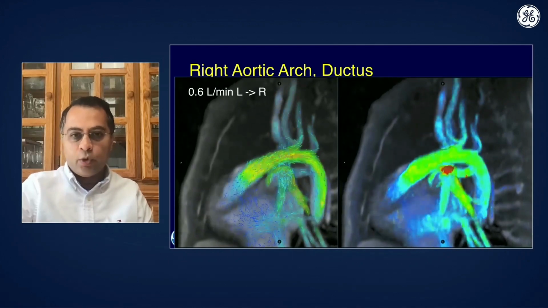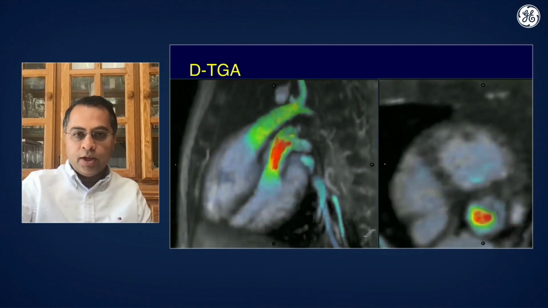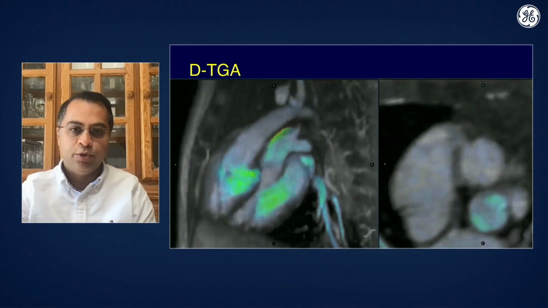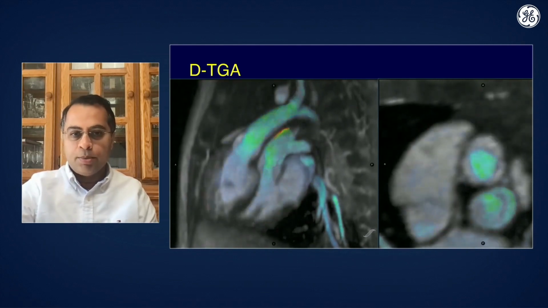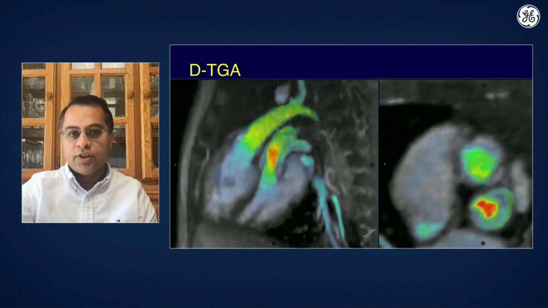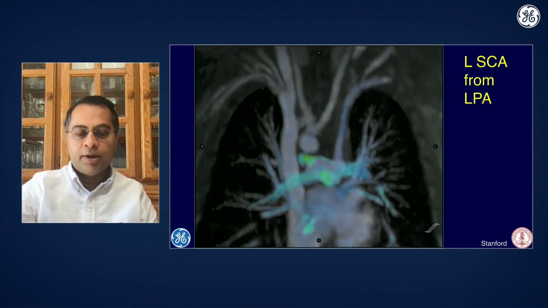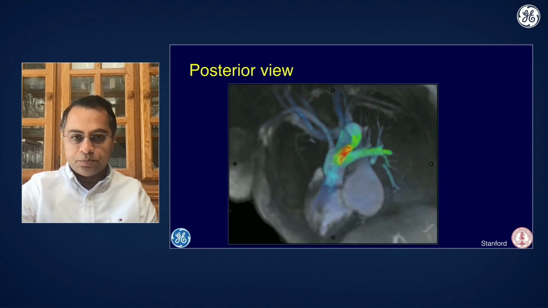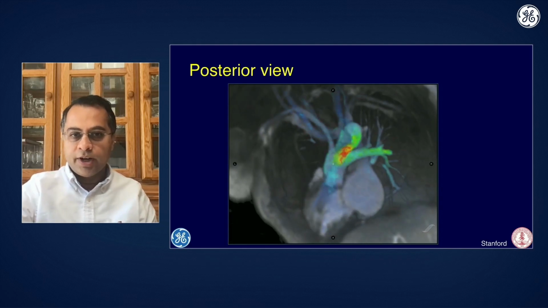This was also a right aortic arch. And now here you see the outlet view very nicely, both along the long axes of the outlets as well as in the plane of the valves for the outlets. You can see this is a transposition anatomy where the aorta is anterior and the pulmonic valve, which was bicuspid, is posterior. Interestingly, in this case, there was one other anomaly, which was an anomalous left subclavian coming from the left pulmonary artery. This is a volume rendered view where you can see that very nicely. Here's just another look at that anomalous subclavian, but looking from posterior.